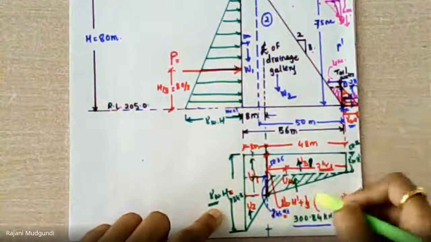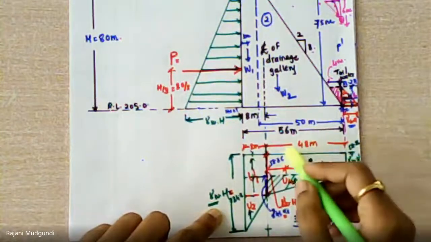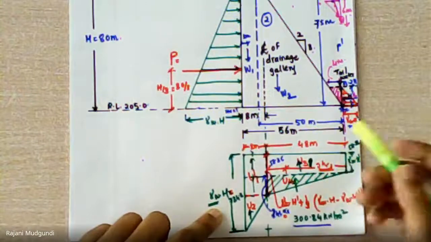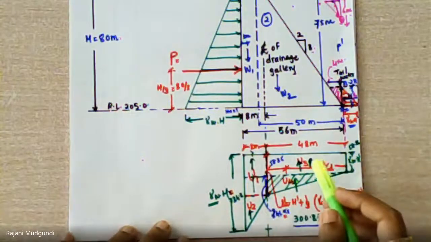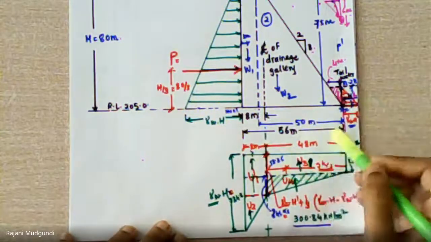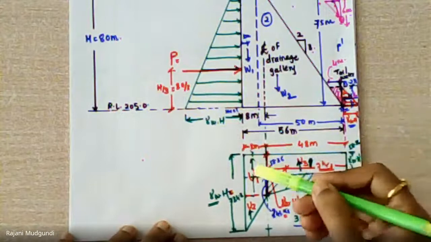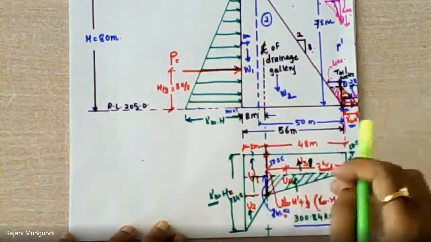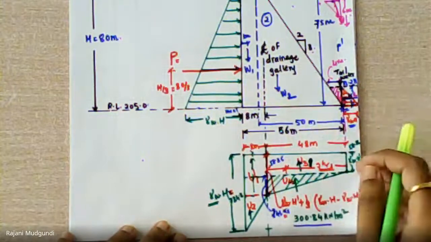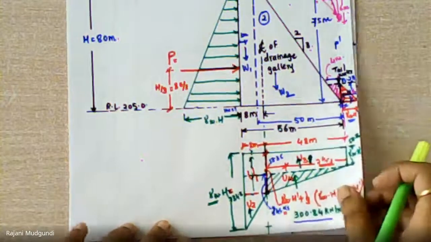Accordingly, we have divided this entire complex geometry into convenient rectangles and triangles, so that it will be easier to work out the area and respectively take the moments of all these forces about toe. Therefore, U1, U2, U3, U4 were the 4 segments that we have divided. Then accordingly we took the moments.